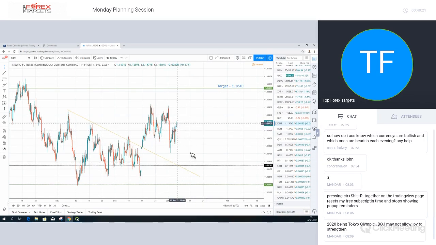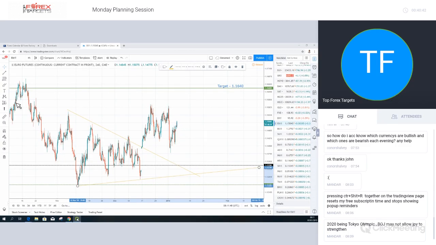Are we going to end up getting a pullback and a retest of the 1.3280? It is possible. We could end up having a move like this week. And again, what this is telling us is that this is essentially sort of neutral, although it is overall bullish as well. So we may end up with one more move down and a retest.